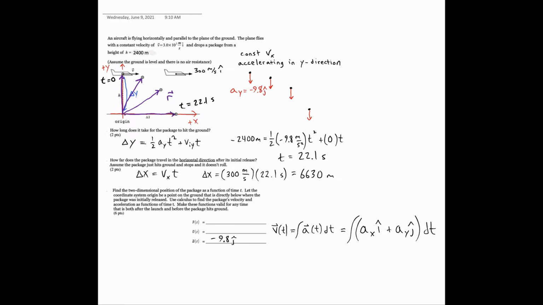And you've got to integrate both terms separately. So what we're talking about then is an integration of 0i minus 9.8j. 0 because there's no acceleration in the horizontal dimension. Earth doesn't pull to the left or right, is the idea. When you integrate that, though,